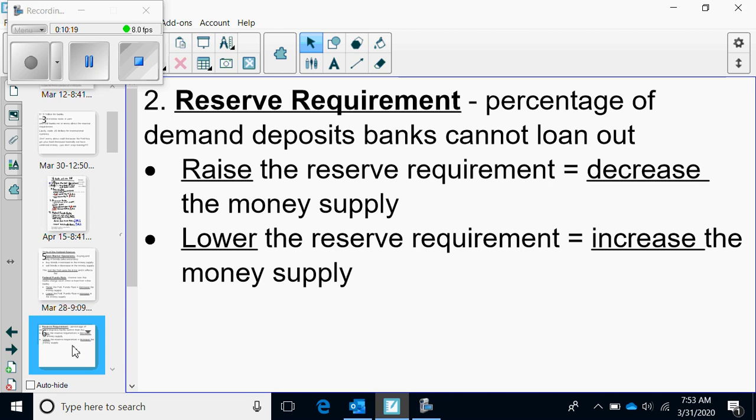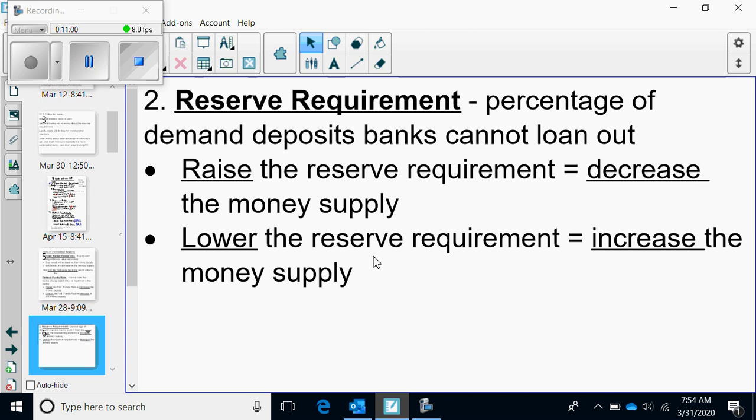Is they can control the reserve requirement. Now remember, this is how this works. When you deposit $100 into a bank, the bank is required to hold 10% of that $100, or $10, in their vaults, all right? And they can't loan it out. That way, in essence, if you go to the ATM, there's money there, okay? So we can see if you raise the reserve requirement, let's say you go up to 20%, there's less money to loan out because you have to keep 20% in reserves. And if you lower the reserve requirement, you can loan out more money.